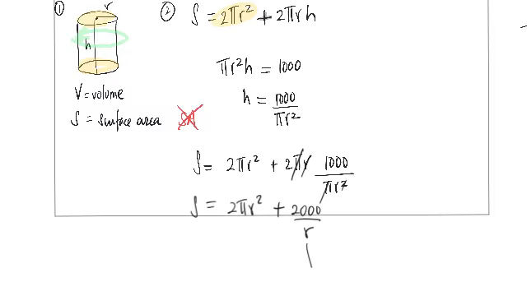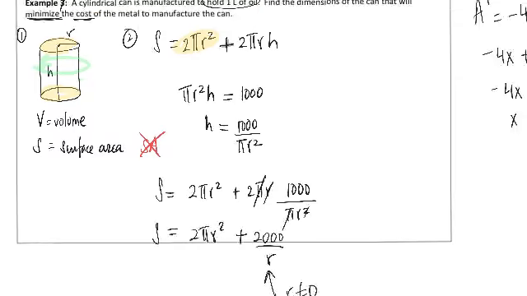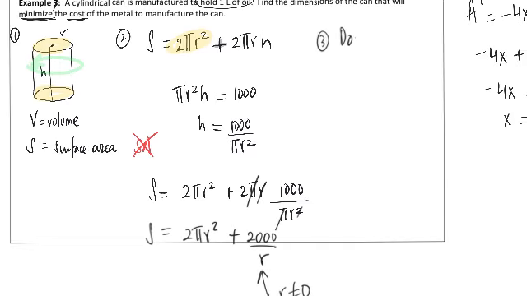2000 divided by r means I cannot put 0. 0 is an excluded value, right? So this is a problem which does not have a closed domain. So my domain is going to be r greater than 0. It can technically go up to any number, but it has to be greater than 0. So I cannot use my closed interval test. I'm going to be using the first derivative test to figure out the